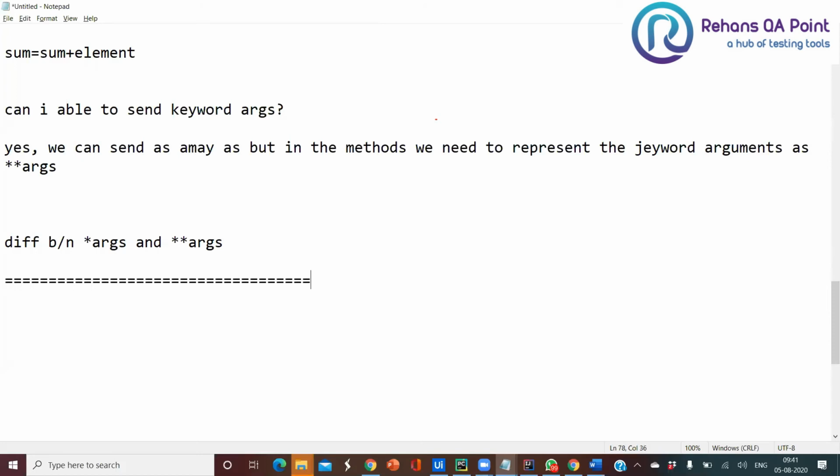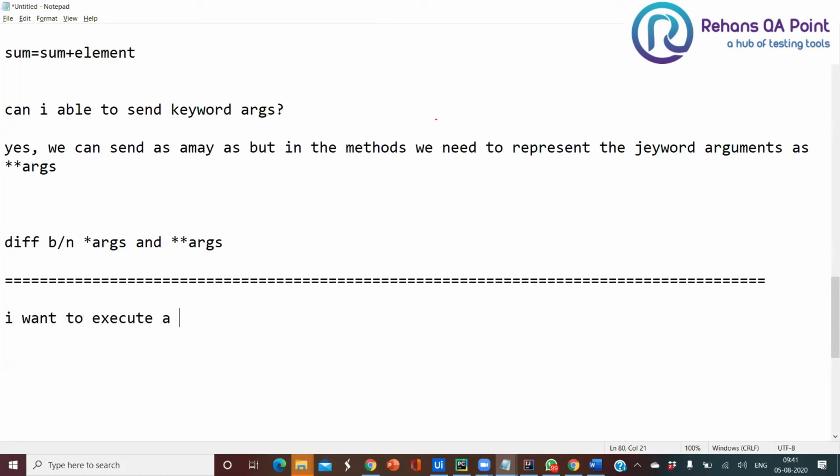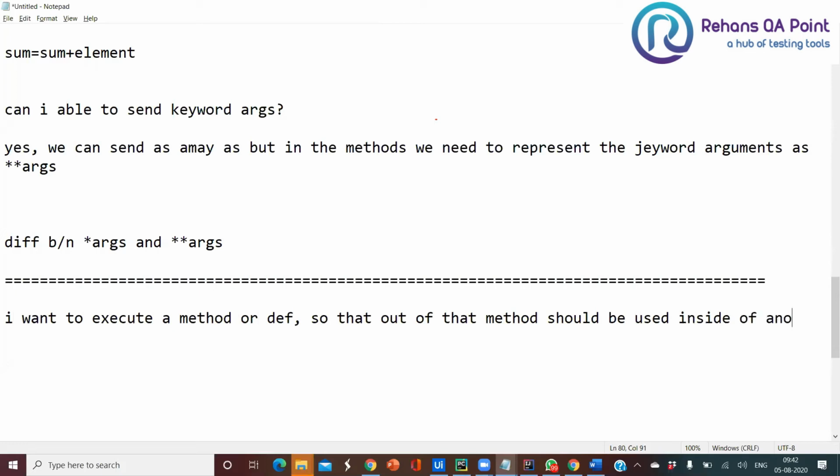So the next question that I have in my mind is, I want to execute a method or definition so that the output of that method can be used inside another method.